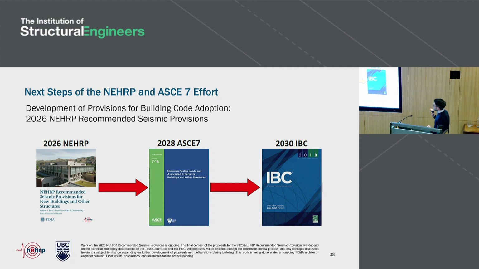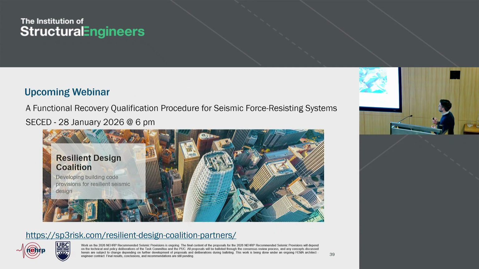And worth noting is that this chapter is going in as an appendix, in the sense that it's not going to be mandatory. So the idea is that if you wish to do functional recovery design, now you have a prescriptive procedure to achieve that goal. A jurisdiction could mandate it, but it's not going to be automatically mandatory, right, through all new designs. So important to also recognize that. It's very new. There hasn't been anything like this before. So I think it's wise to introduce this in that manner. So that's sort of where we are.